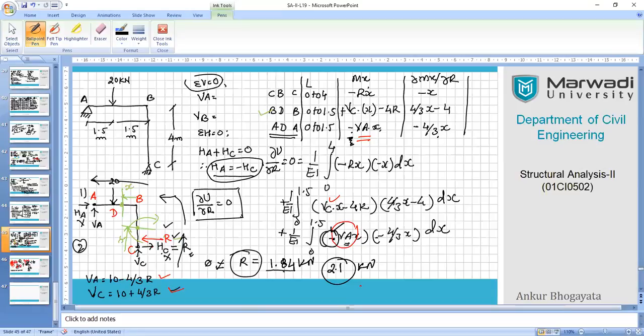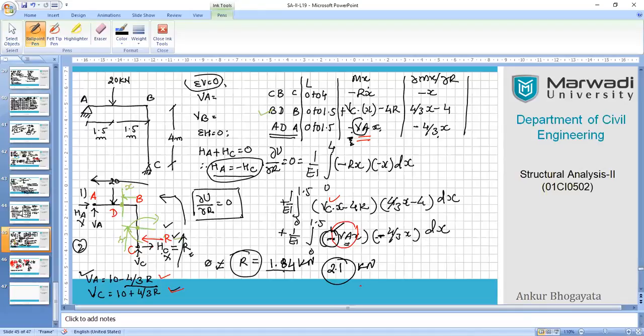Okay, all right. So what is VA? VA is negative, right? Yes, sir. So that negative sign will definitely be there. But in Mx there is also a negative, minus VAx. So negative will be positive. Of course, this is negative, this is also negative, will become positive. What's wrong with that?